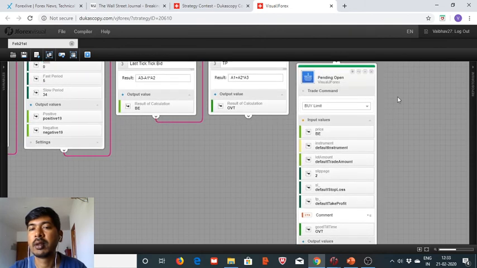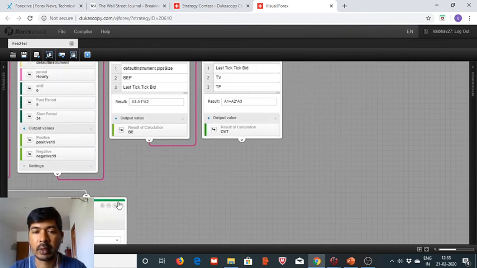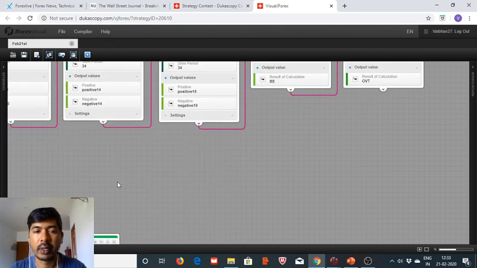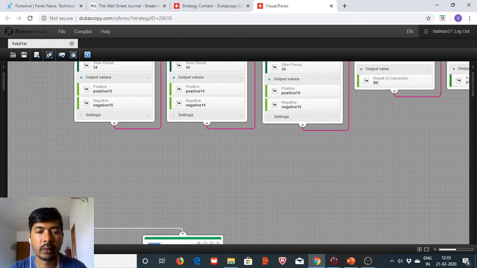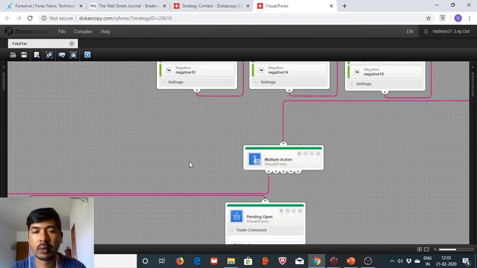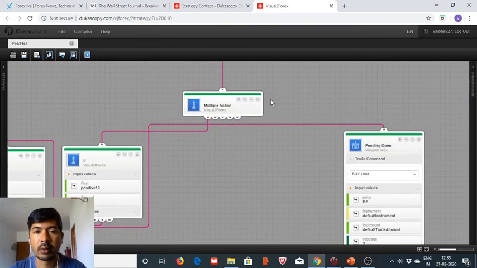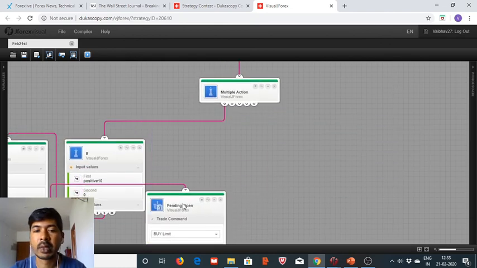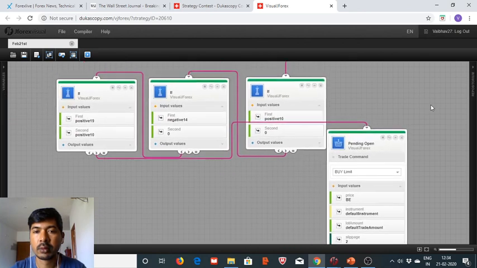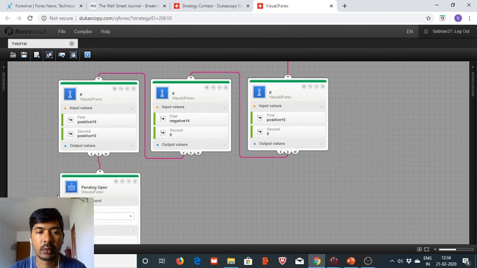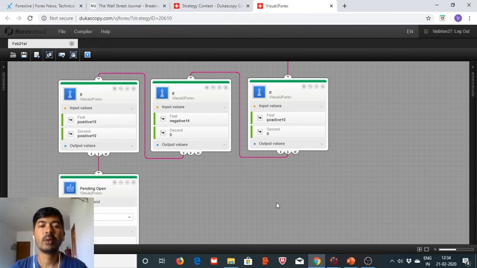So our buy side is now done, and then we have to connect. So this is the buy side for our